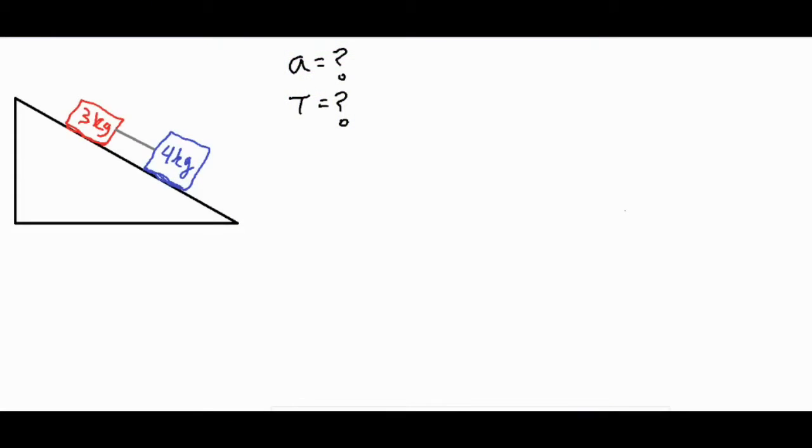In this video, we're going to be taking a look at two masses connected by a massless rod, and we're going to take a look at all the forces acting on them and then solve for the acceleration of the system and then also the tension of the rod in between them. So we have a 30-degree incline and a coefficient of kinetic friction of 0.25, which we're going to need a